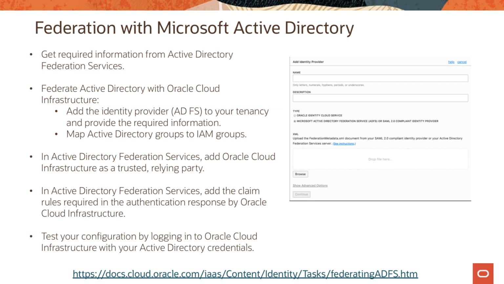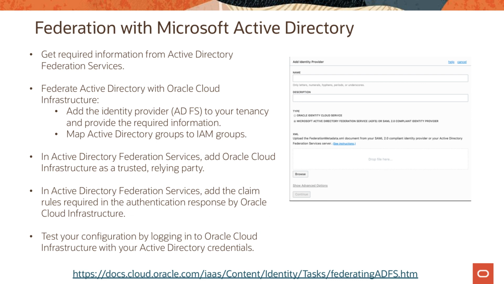The steps include going to your Active Directory Federation Services and getting some information that you would need to set this up. This information includes a SAML document and the name of the Active Directory groups that you want